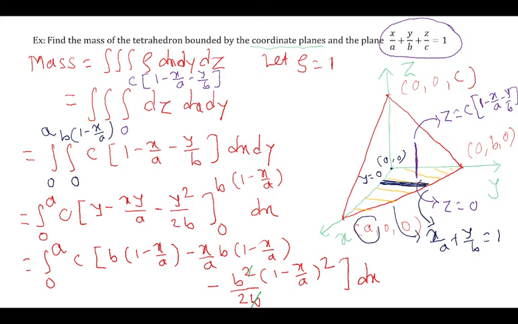So I hope you can do the remaining calculations on your own, and you can check the answers in the textbook. This is the solved example probably from the textbook. Okay, so if you are interested, you can complete it and you can post it on my WhatsApp. I will tell you whether your answer is correct or not. So this is the mass application to get the mass of a solid. Similarly, you will have a similar example for mass of the lamina also, that only your double integral.